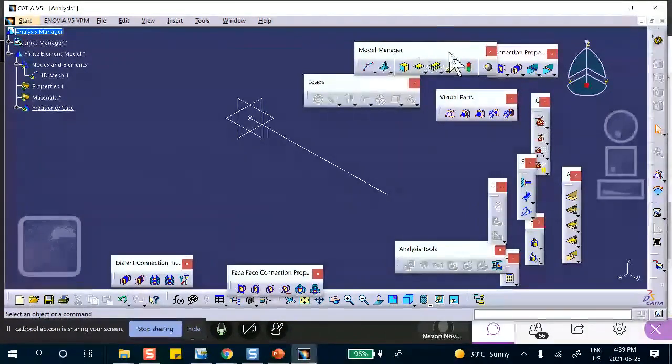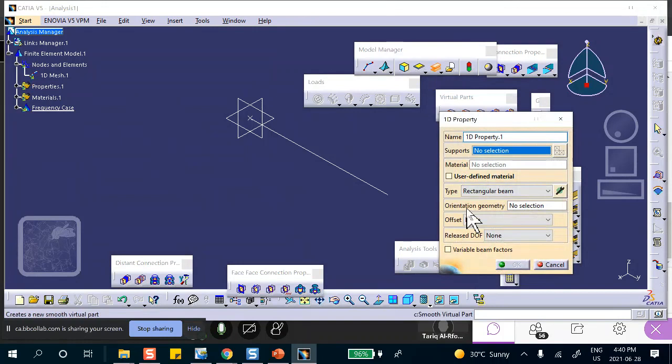Yes. Here, which one? That one. They're pointing at it right now. It's the box. Yeah. This one. Is this a 3D model? 1D. Ah, 1D property. Okay, next. Support, right? Support, yeah, right there.